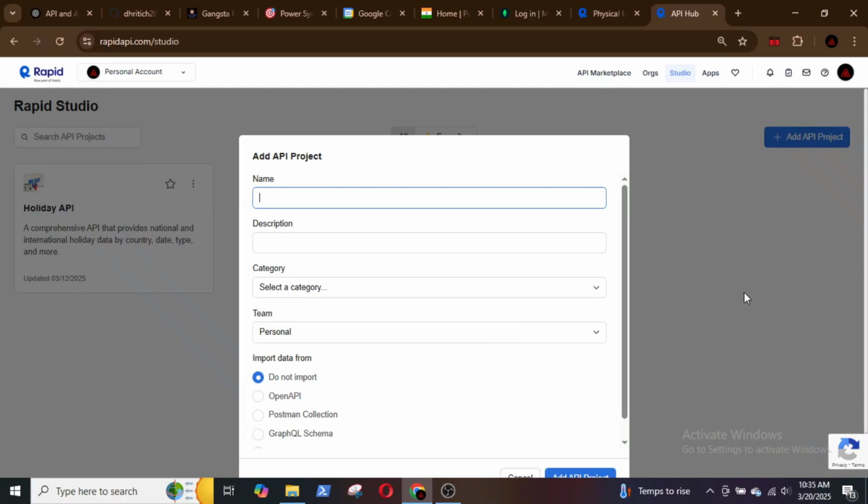Then click on the Add API Project button and give a name to your project. This project is a physical quantity converter, so I will name it that. Then give a very short description to your project, maybe a line or two. I will just write here: an API that performs conversions of physical quantities